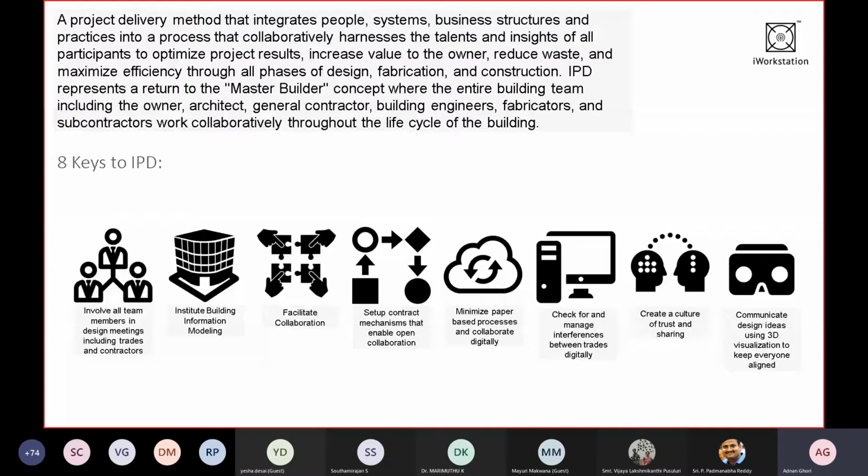Currently in India, there's no project as such which has actually implemented IPD. People have utilized it, but in the form of a service, not in the concept of IPD as a whole. So there's no project in India which has actually utilized the IPD concept. But there are consultancies who say that they can provide IPD, but there's no proper data or source of truth provided.